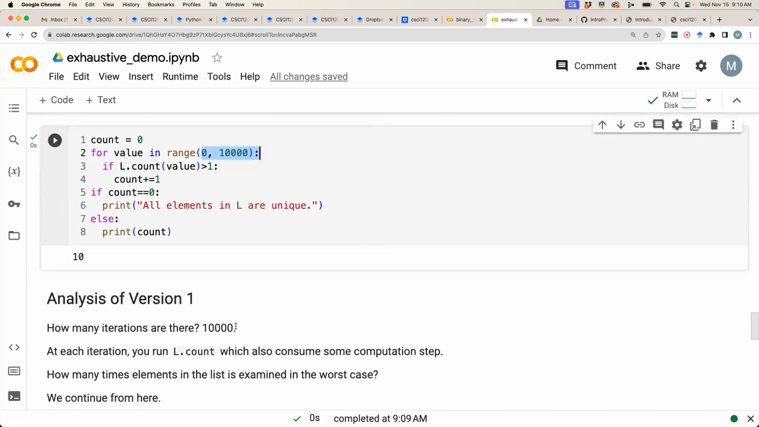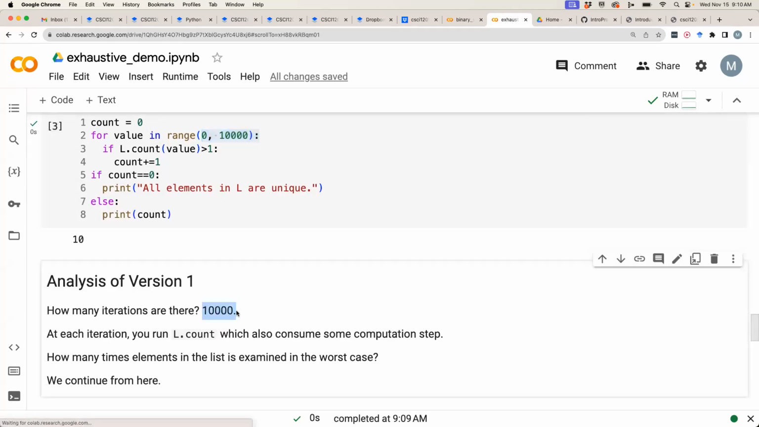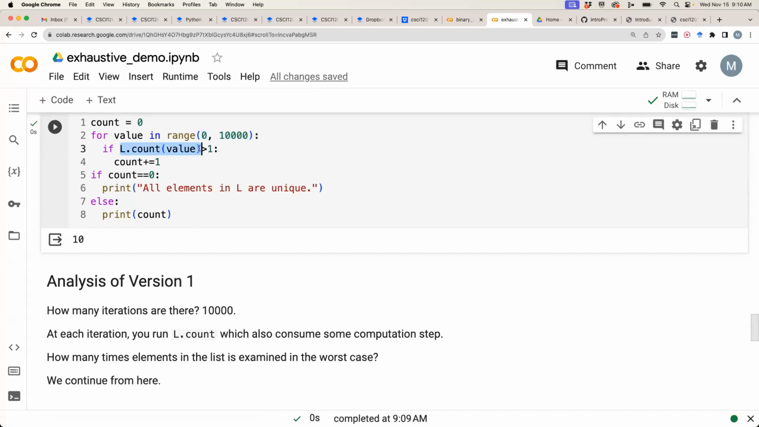From 0 to 9,099. So the number of iterations is 10,000, okay? And this doesn't mean that it only runs 10,000 computational steps. Each iteration costs you a step, but it's not just one step because at each iteration, you also execute this method here called L.count. And there are 10,000 executions of this. Each of these executions will incur some computational steps. When you do .count, okay, behind the scenes,